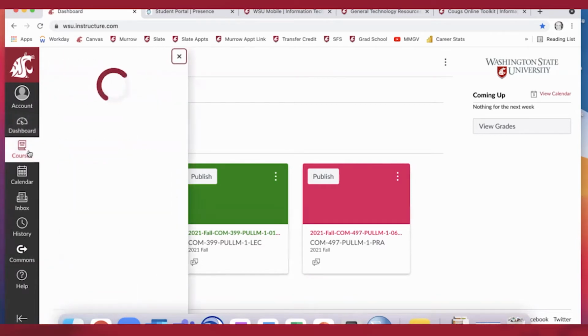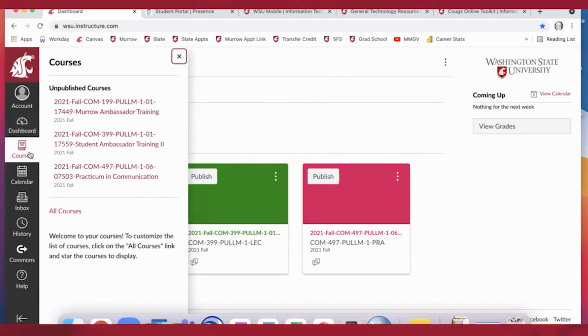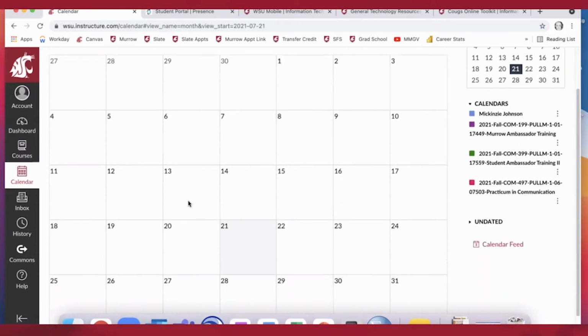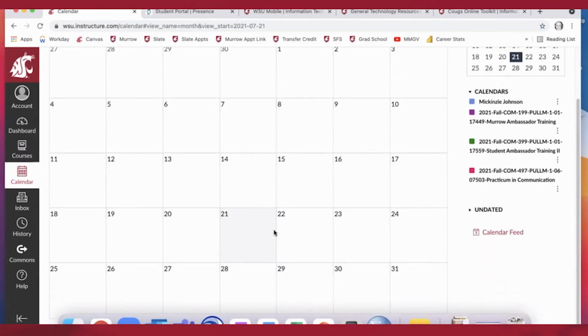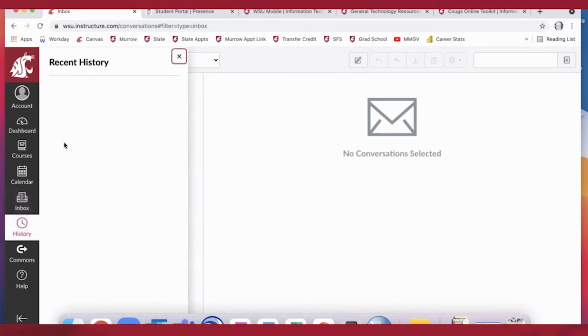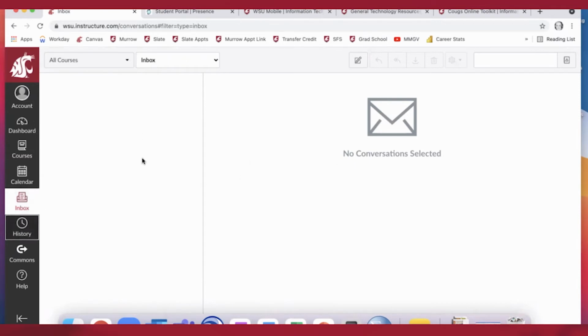So you can view your courses here in the courses tab. The calendar will actually show you when certain assignments and deadlines show up for all the individual courses. Again, none of these have been published for the fall semester yet, but this is where they would show up. You can also see inbox for other messages or conversations you've started with instructors or other classmates, and see history as far as things that have been published or new content that might be available to you in this Canvas